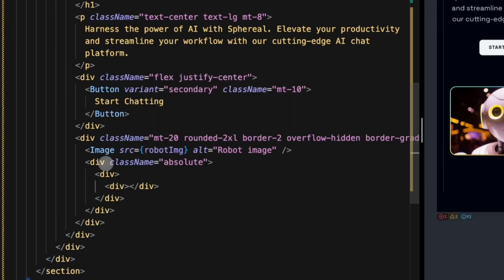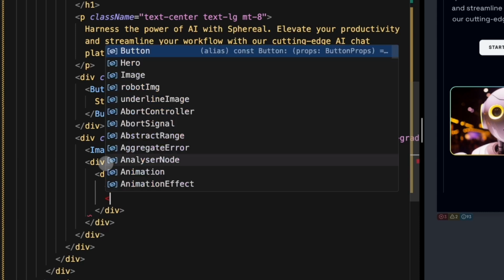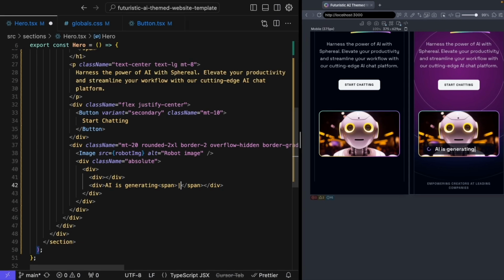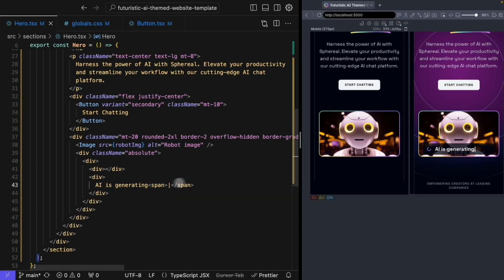So for now, I'm just going to put a placeholder div for that. And we also want to have some text. So that's going to be this div right here. And then we're going to say AI is generating. And that's just going to be some static text. And then we also want a span here for our cursor, which is just going to be that vertical bar character. After I hit save, we're not seeing that show up quite yet, or at least I can't see it